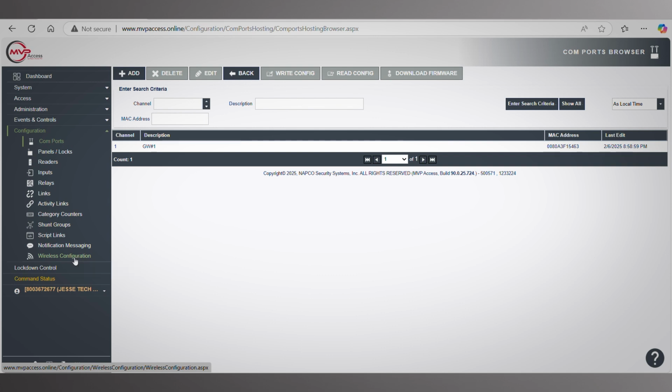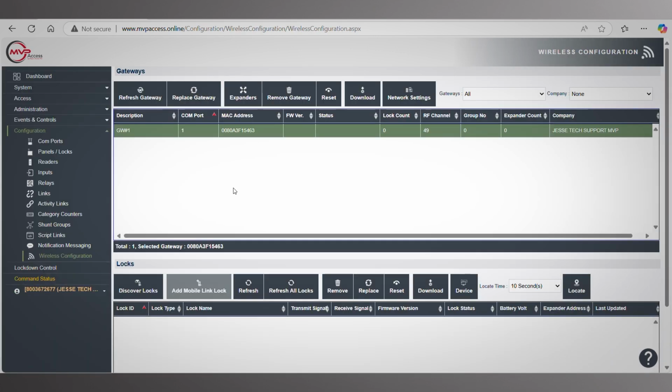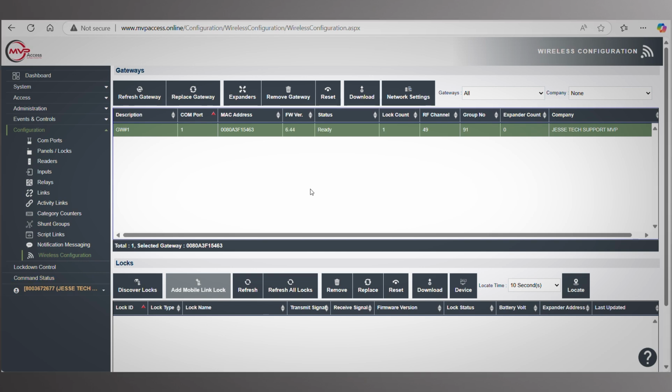It may take a few seconds for it to learn in. We would go to wireless config, and then once it learned in, the status here would say ready. Okay, now that our gateway is programmed in under configuration COM ports and synced up with the MVP server, next